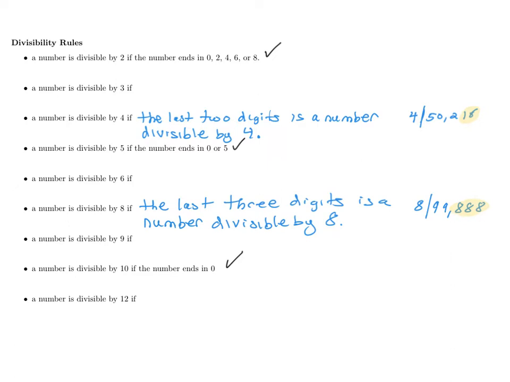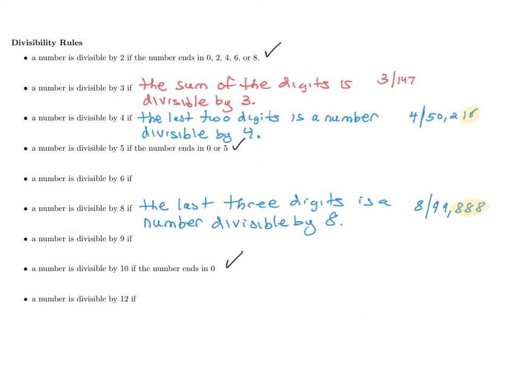The next two I'd like to look at are rules for 3 and 9 because those are similar as well. How can you determine if a number is divisible by 3? The rule is if the sum of the digits is divisible by 3. So an example for this would be 3 divides